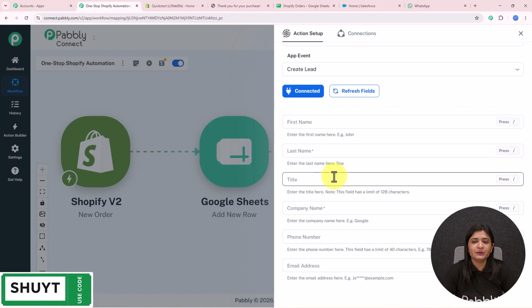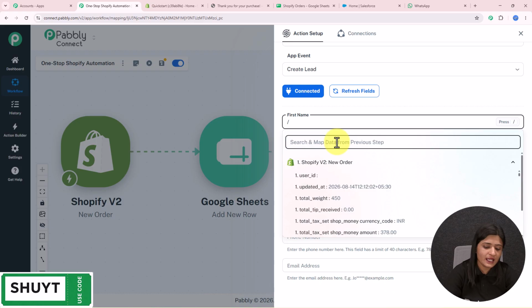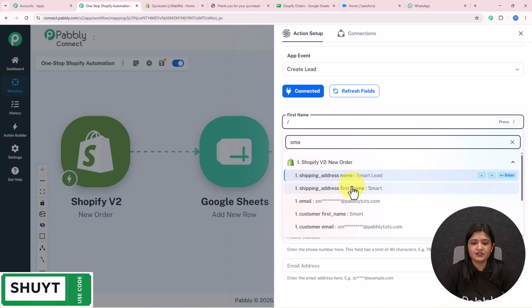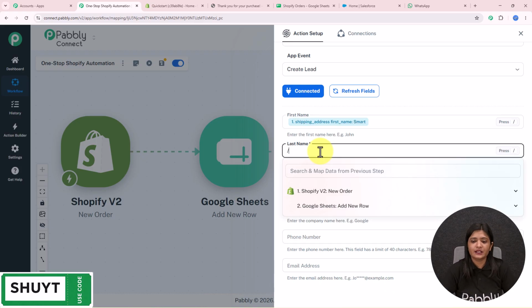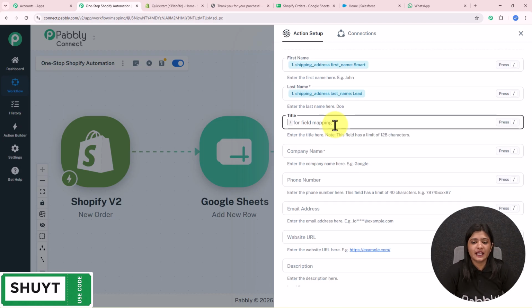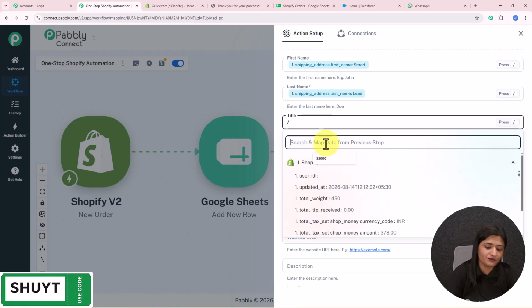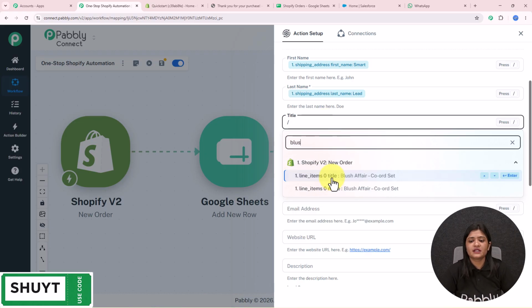Over here, I'm not going to enter the details manually. Instead, I'm going to map it. To map it, I'm going to enter / go towards this first lead, and then I'm going to enter the first name as smart. Then I'm going to enter the last name as lead. Then I'm going to enter the title. Now here in this title, I'm going to enter the name of the product, which was this blush affair quad